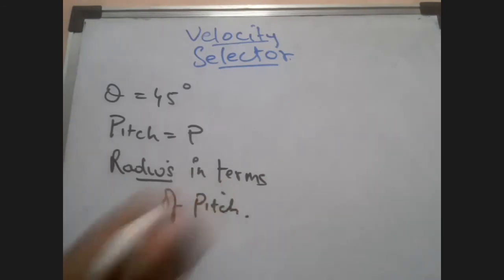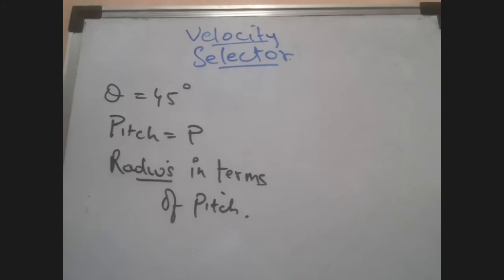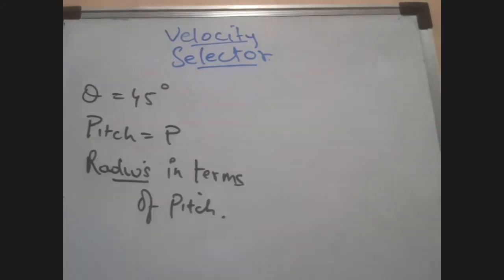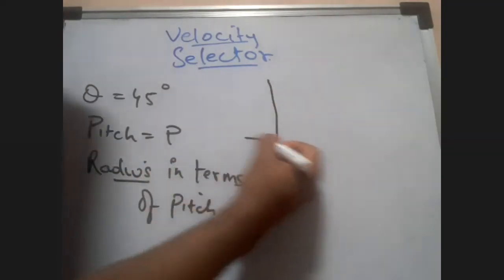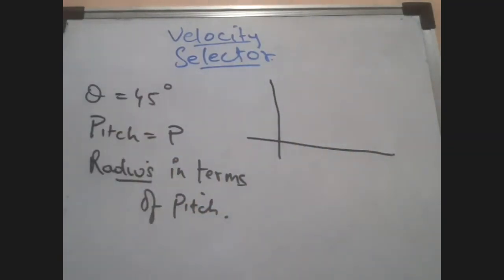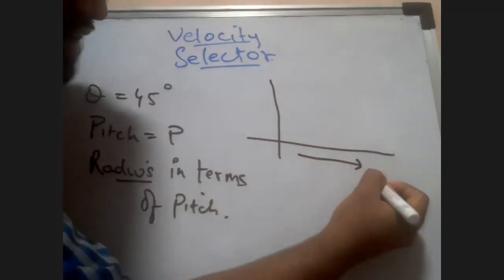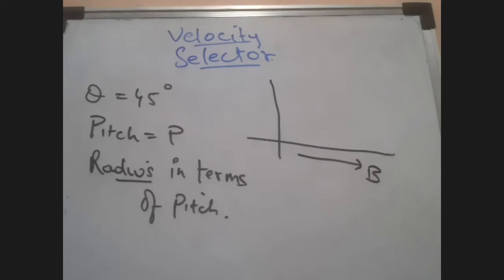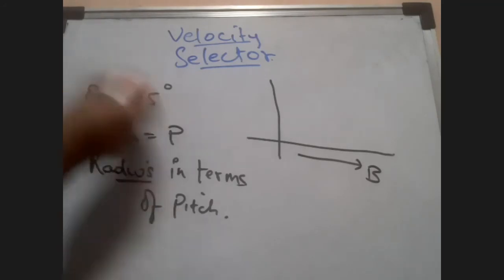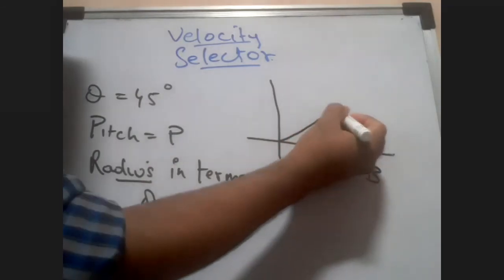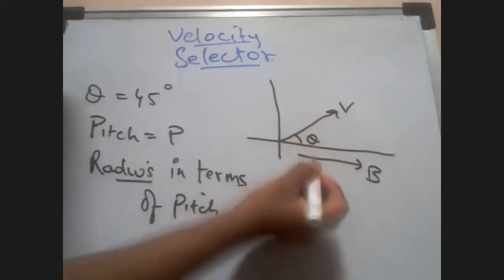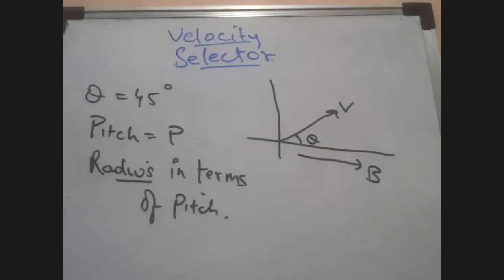So I'll tell you what this exactly means. Students, this is important. Whatever questions I'm doing here is basically a concept in itself. Listen to me. First of all, there is a magnetic field. Let's say the magnetic field is in the x-axis direction. Then there is a velocity vector v having some angle theta with the magnetic field. In that case, students, immediately you should know that there will be two components of the velocity vector. One will be parallel to the magnetic field.